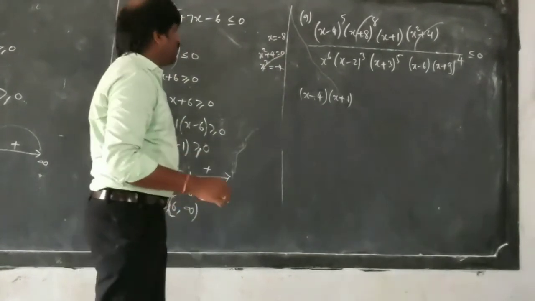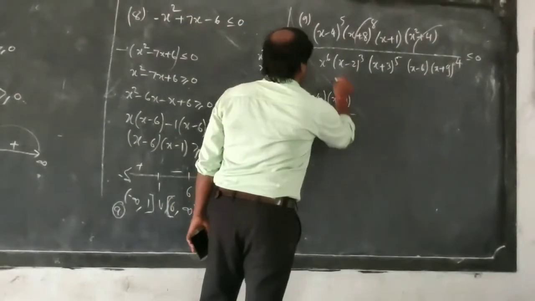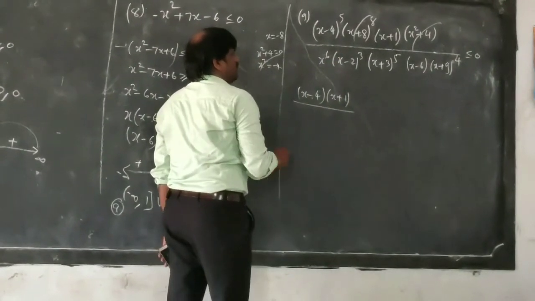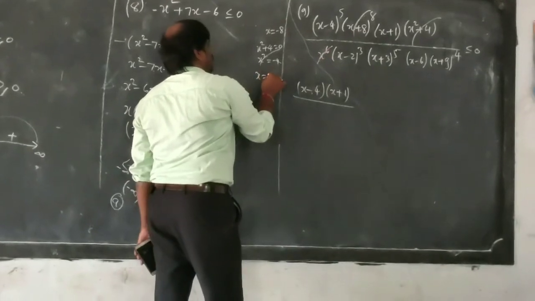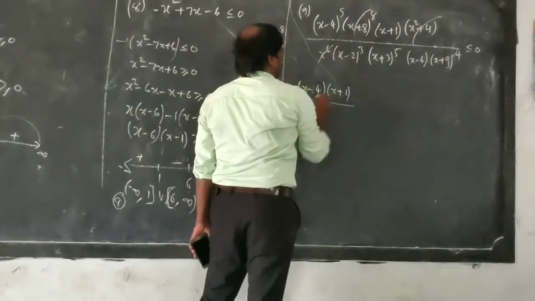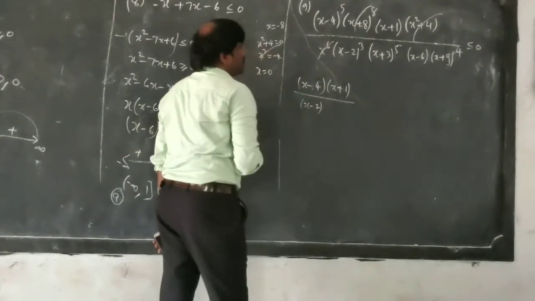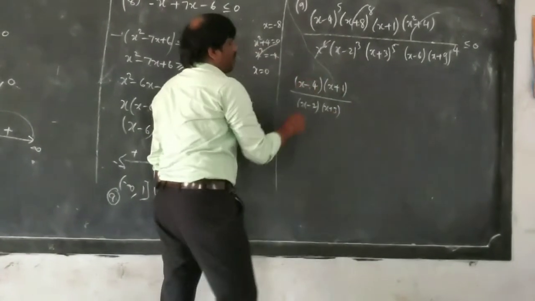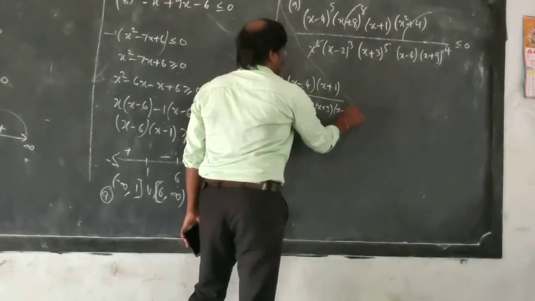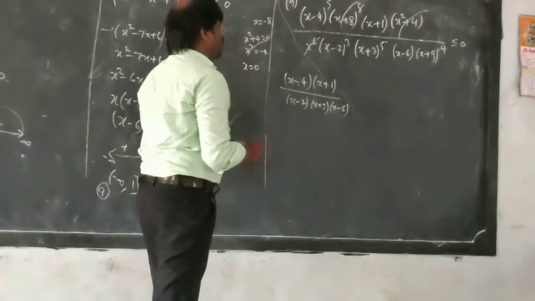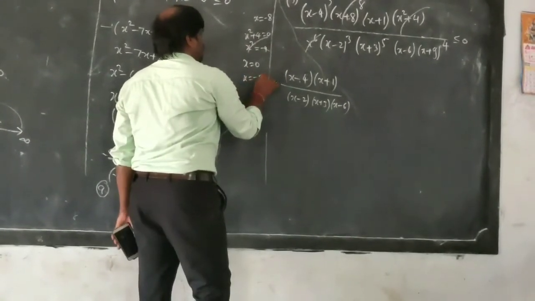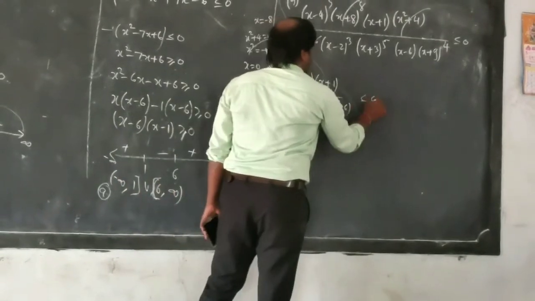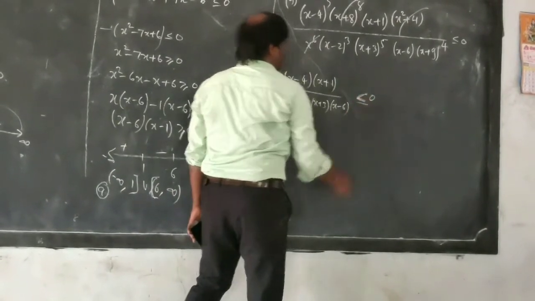So remove it totally. Now down here, x power 6 is an even number, remove this one, 0 mark it. Here odd power x minus 2, keep it. Odd power, keep it, x plus 3. And there odd power x minus 6. And another one even power, remove that, x is equal to minus 9, keep in mind. Less than or equal to 0. You have less than or equal to 0.